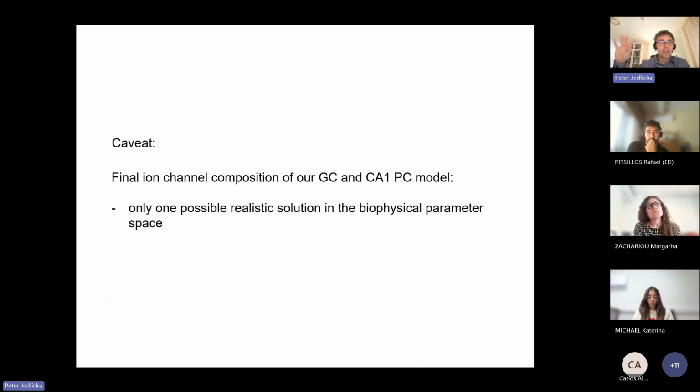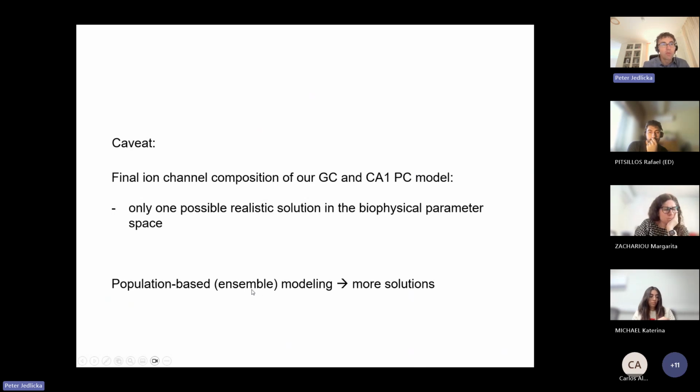So keep this in mind, because we will return to this. And we will talk about so-called population-based modeling, or some people call it ensemble modeling or database modeling. So it's good to generate not one solution, but more than one solution for the biophysical